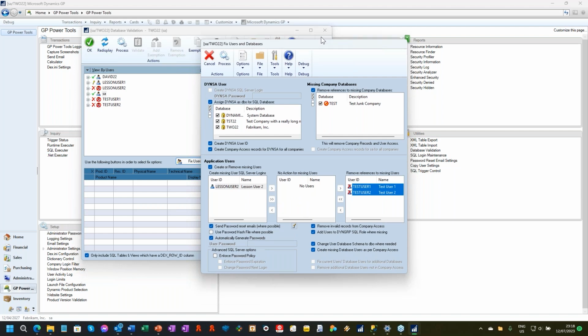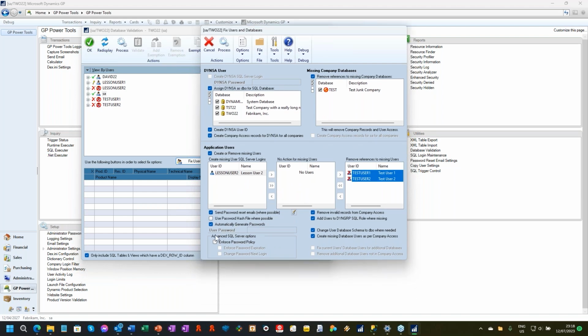I'm going to ask it to add passwords, generate them automatically, and I want it to enforce expiration and force them to change it on next login. It's also found issues with users that don't belong to Dyn group and a whole lot of missing schema and other issues. So the options only get enabled if the problem exists. So if I run that,